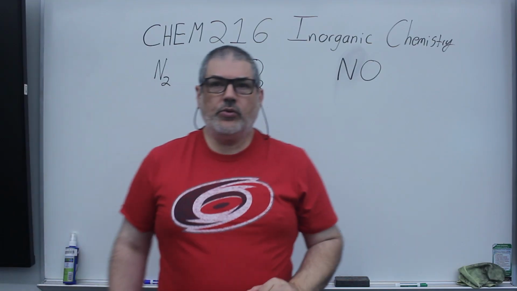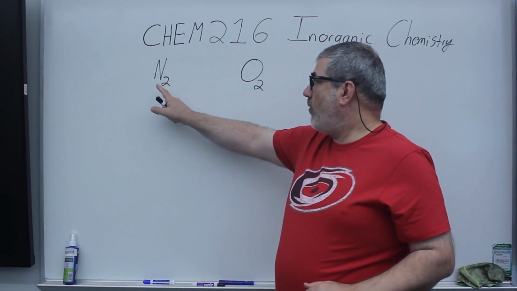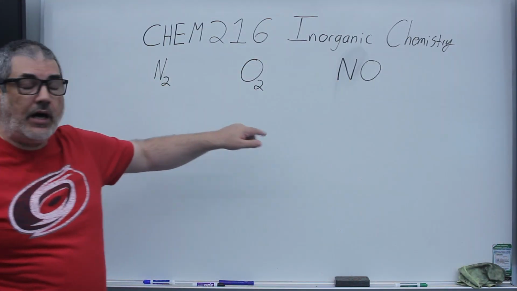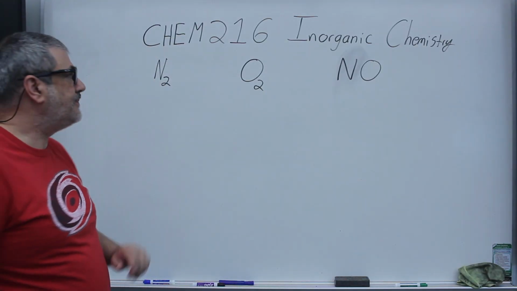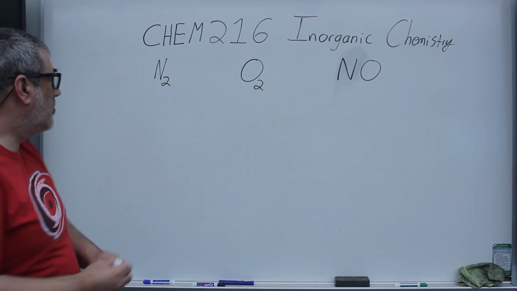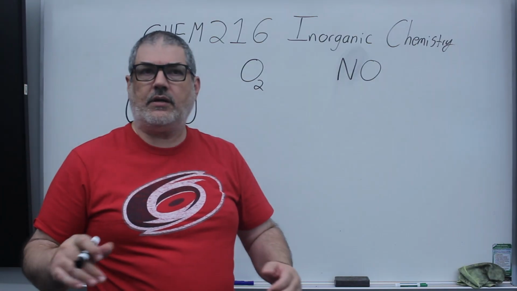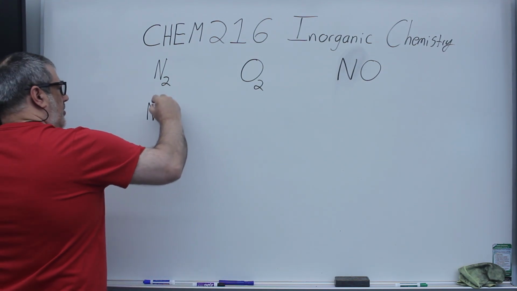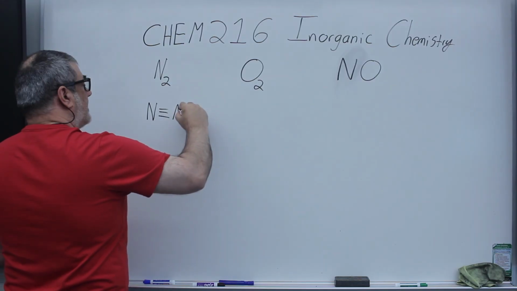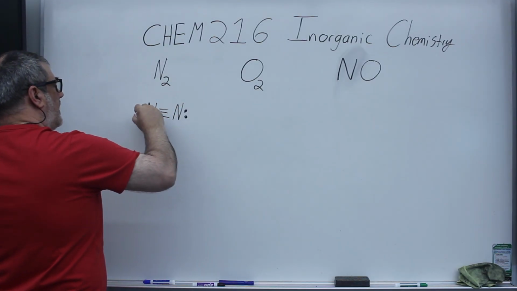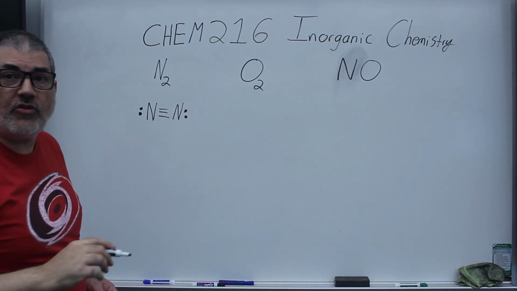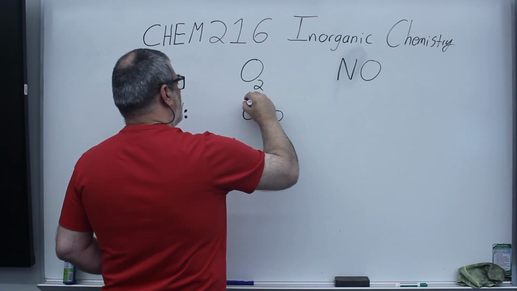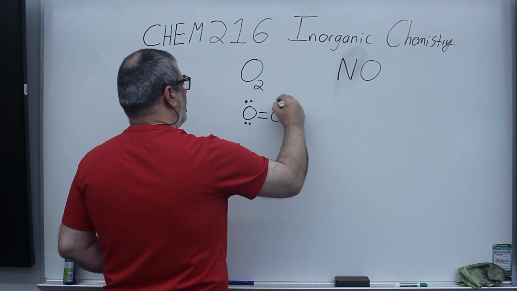So I want to go through Lewis dot structures for diatomic nitrogen, diatomic oxygen, and nitrogen oxide, or nitrogen monoxide. I'm not going to go through the whole rules for the octet rule, formal charge, and all that kind of stuff. You should know that. So for diatomic nitrogen, we have a triple bond. We have lone pairs on each nitrogen. For oxygen, we have a double bond. You have 2 lone pairs